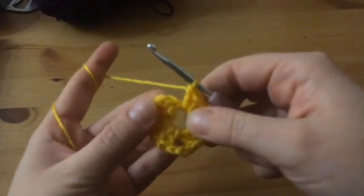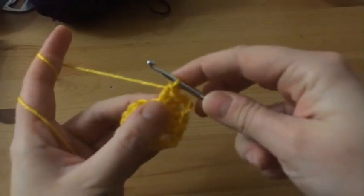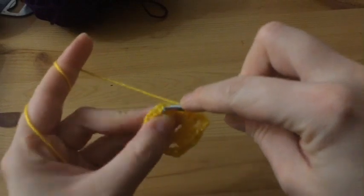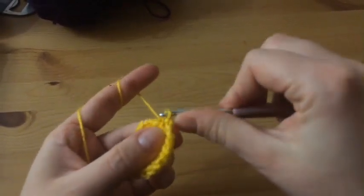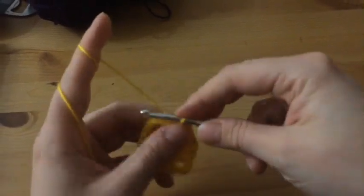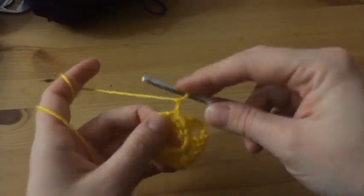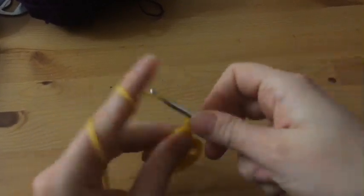So before joining the round, which we're gonna do just in here, we need to do 3 chains for the last corner. Now slip stitch into the first chain, and chain 2. Let's turn our work over, and into the first space we're doing 2 double crochet,